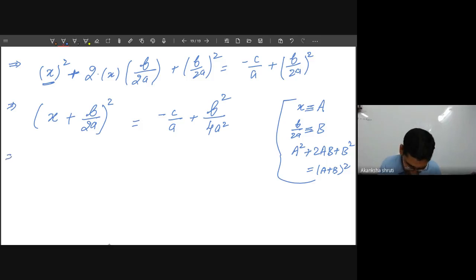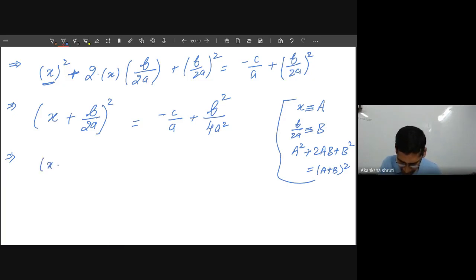Student, after this, what to do? We have to simplify the right hand side, because observe carefully, the right hand side contains constants only. There is no variable. So just simplify the right hand side. You send this square as a square root to the other side with proper care. While a square is sent into a square root, it is always taken with both positive and negative sign. So apply that concept, and you can get the value of x. So very easy.